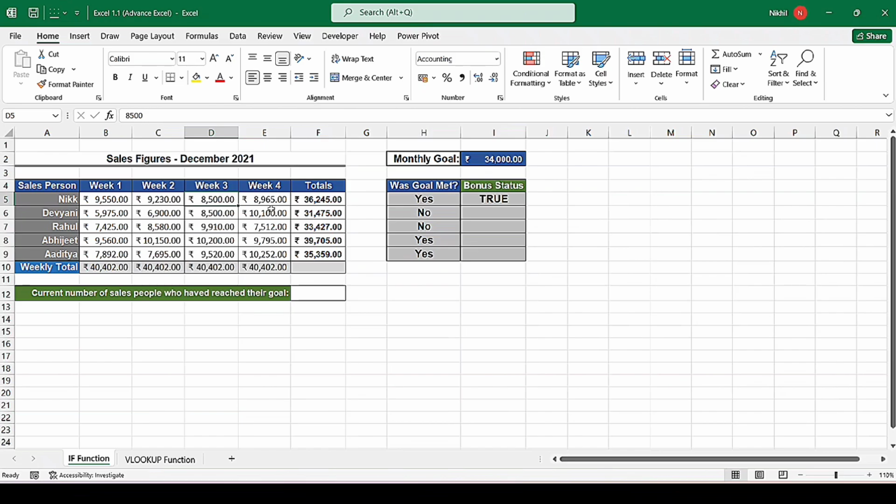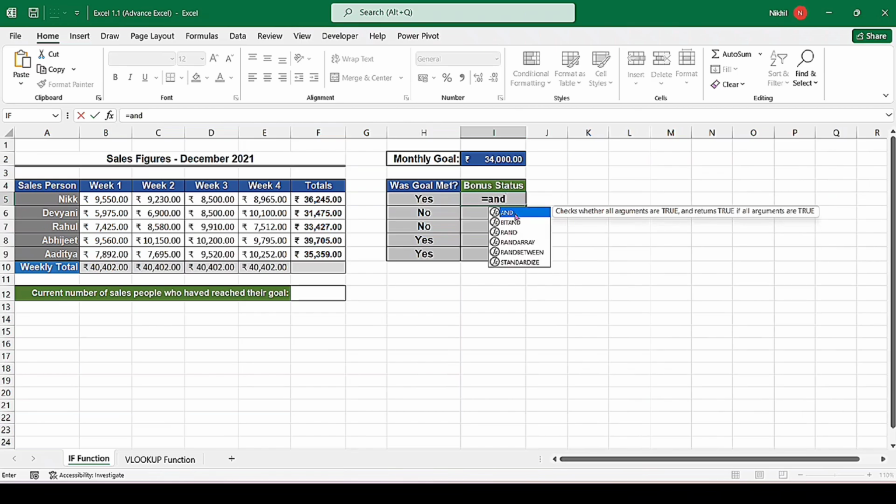So according to AND function rule, if all the conditions are fulfilled, the statement must be true. Therefore, in I5 cell, true statement is written. Now we know our formula is right. Now we will drag it up to I9 cell like this. Now we will move to second way to explain you. Before that, first we will clear the cells from I5 to I9. Condition will be same. Salesperson should achieve monthly target and weekly target also of rupees 8,000. So first we will click to I5 cell and then we will press equal sign and then we will write AND.